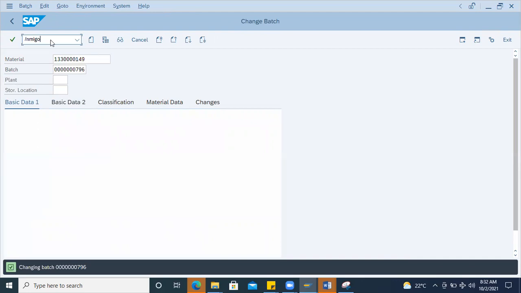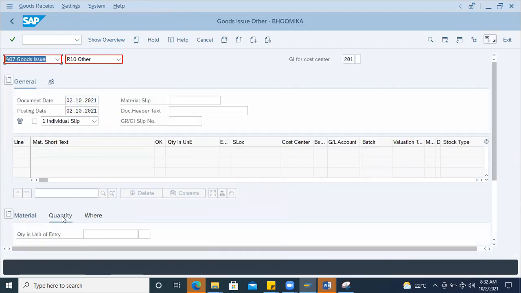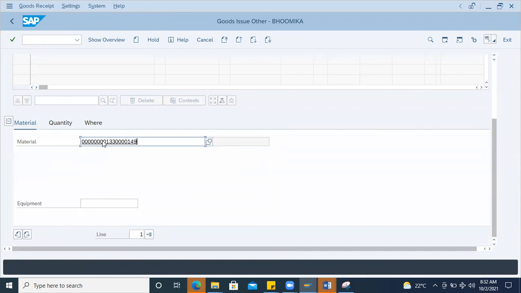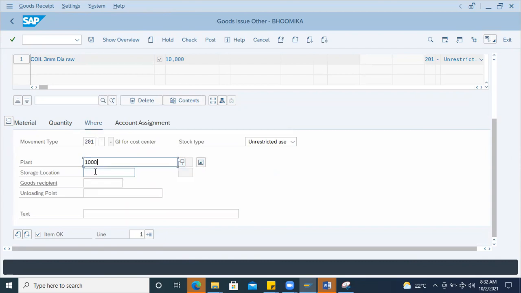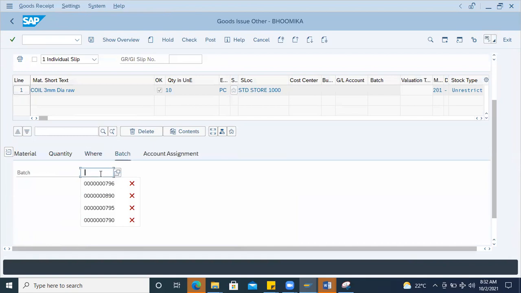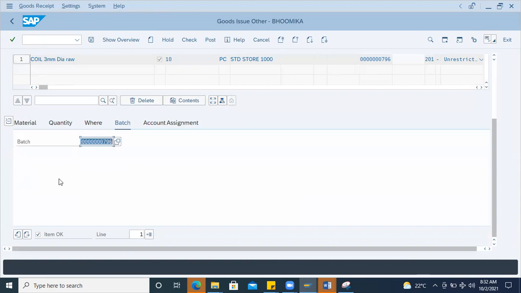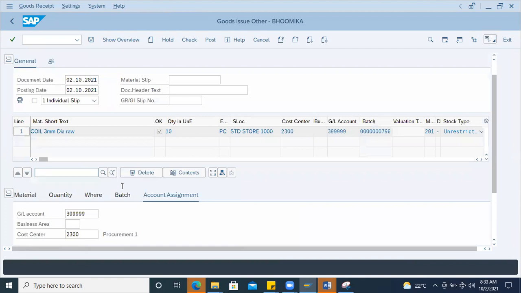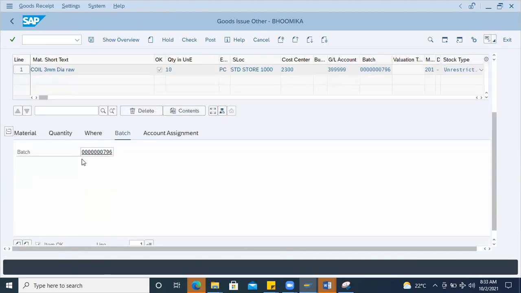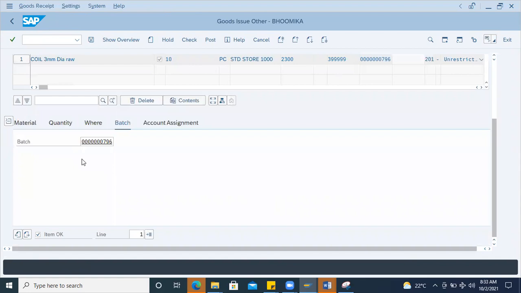Go to MIGO. Quantity, material. Where? Okay, then batch. It should come here in the batch only, some SLED date and all, but it is not showing. Some setting will be there. I'm not sure how to do that. Let's see, and just keep that open. If the SLED is already over, it is expired, then it should not allow you to issue the goods to a